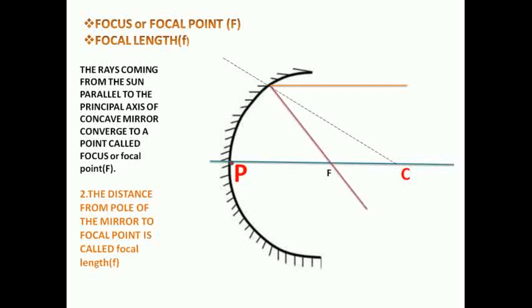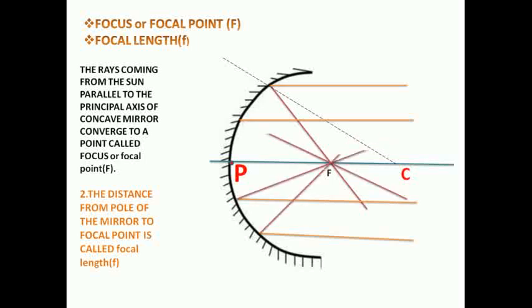Now this dotted line represents the normal. Already we have seen that any line which is drawn from center of curvature to a point on the mirror represents a normal. Likewise, try to obtain some other different incident rays. Now we have obtained different incident rays. If you clearly observe these incident rays, these are parallel to the principal axis. Now try to observe the reflected rays of those parallel incident rays. All the reflected rays are passing through one common point.